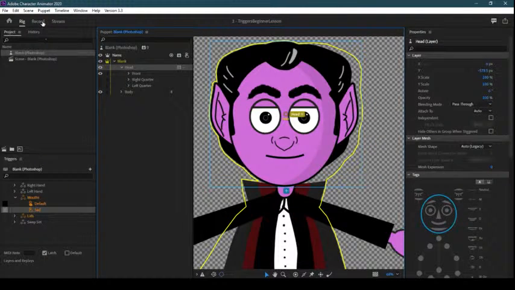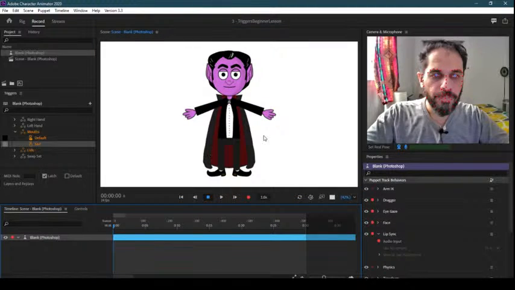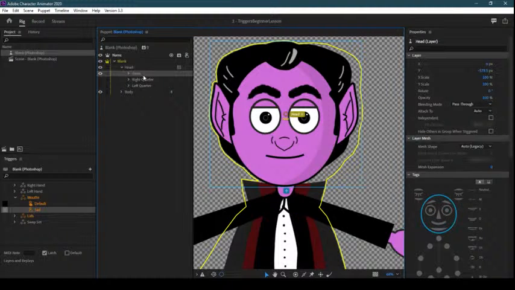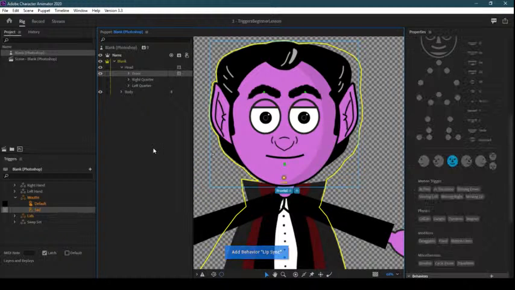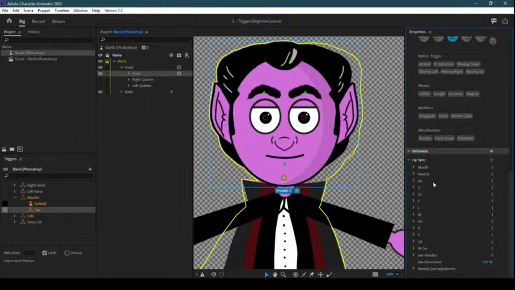Okay, but as you know, there is one issue now. If I'm talking right now, you can see his jaw is not moving, because this lip sync is not applying anymore on the mouth here, since it has moved outside. So what I have to do is go back to the rig mode, take the frontal, then apply add behavior and lip sync on it. Once it is applied, I will get all this, and there is a jaw movement, and I will change the